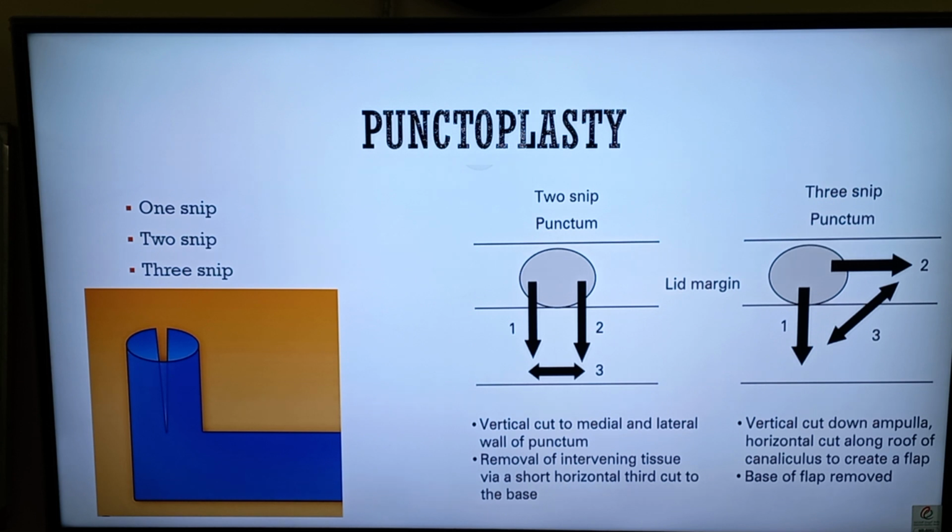So moving to the punctoplasty, we have the 1 snip, 2 snip and 3 snip procedures. Basically, we are dilating the punctum by excising the posterior ampullar wall of the punctum. So this is the 1 snip procedure. You can see a single snip is given in the posterior wall and it will lead to the dilatation of